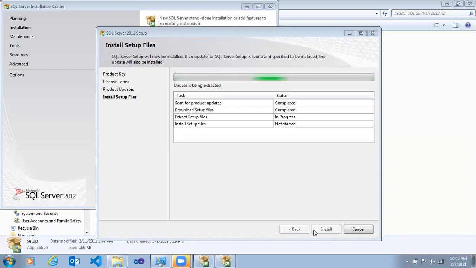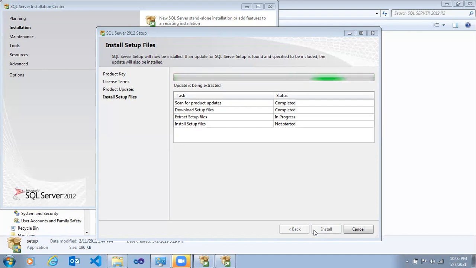Okay, it will take some time, maybe 1 to 2 minutes. Maybe if you want to install later, more recent versions of SQL Server, the process will be the same across all versions of SQL Server.